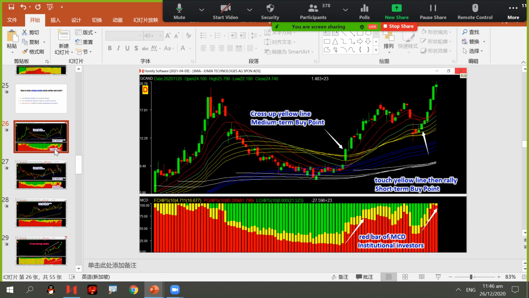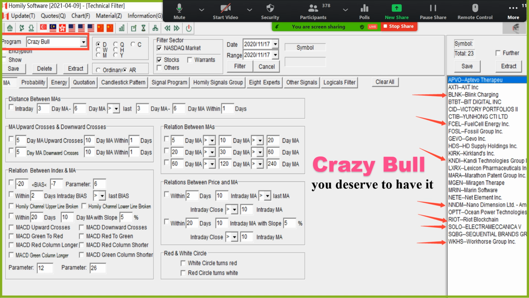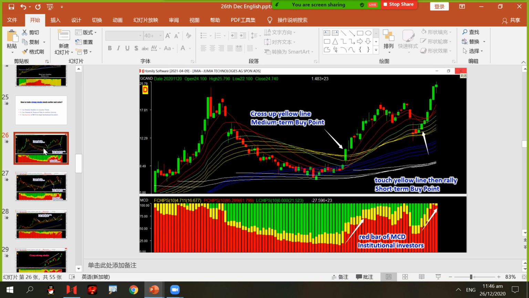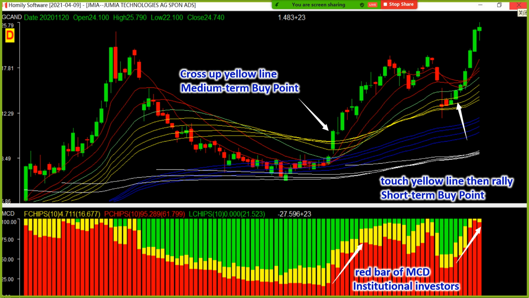Like the New York market, I have the chart for this one. Do you remember Jumia Technology, this e-commerce in Africa? I remember in my slide before I showed you. Wow, this is a very good one. It's the medium term retracement. Then that is a very cool retracement. Then rally up is a black horse coming. No, it's a black horse speeding up. Medium term retrace, medium term rally up, right? Then up, retrace, short term.